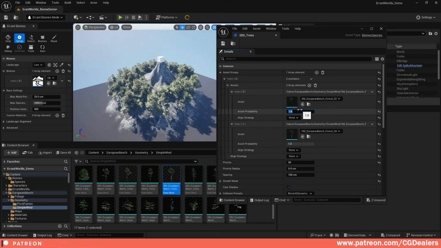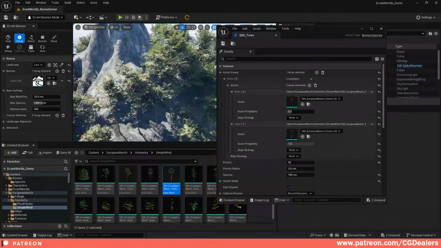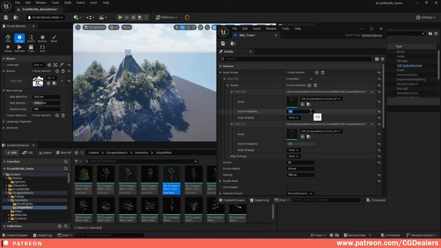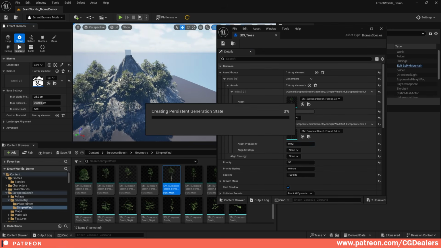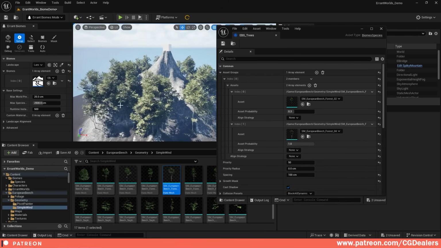So if I put 0.2, I'm gonna save it and I'm gonna hit generate. And you can see that the probability of spawning this tree is less. If I put 1 and put 0 here, so 0, 0, 1 is the least probability that we have. Generate, we're going to see only those trees here. So in order for me to create a good balance, I'm going to put maybe this one on 0.3 and this one on 0.8 and this one will go to 1, save it, generate it, and I've created good variation